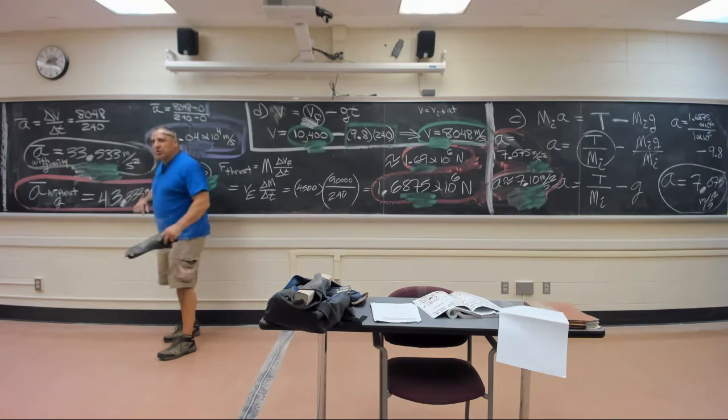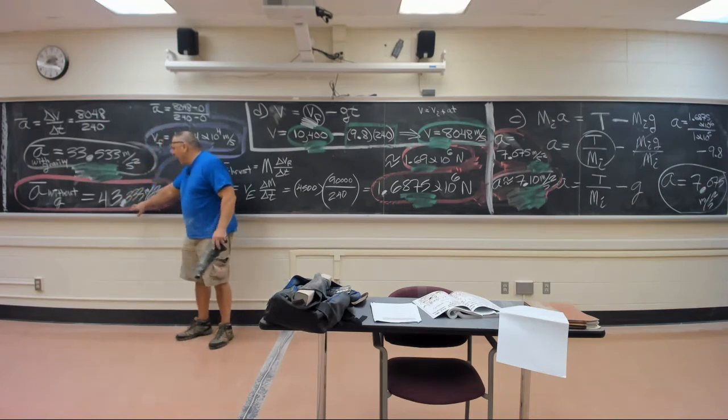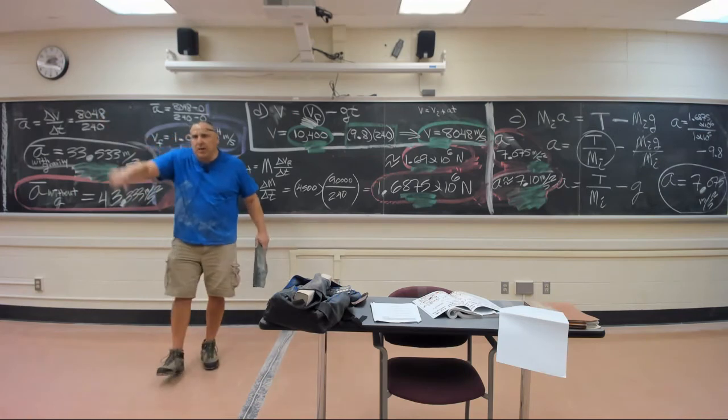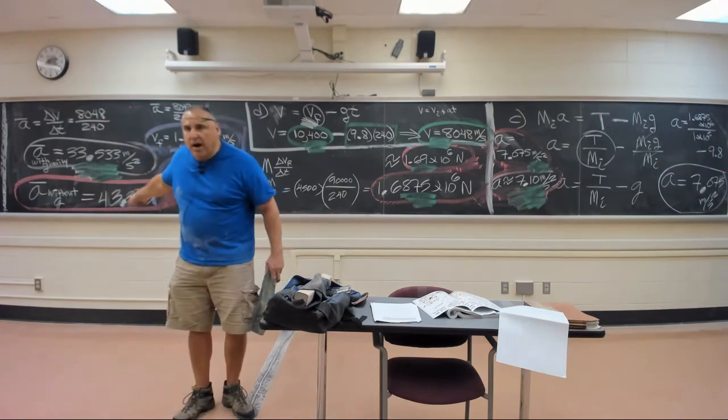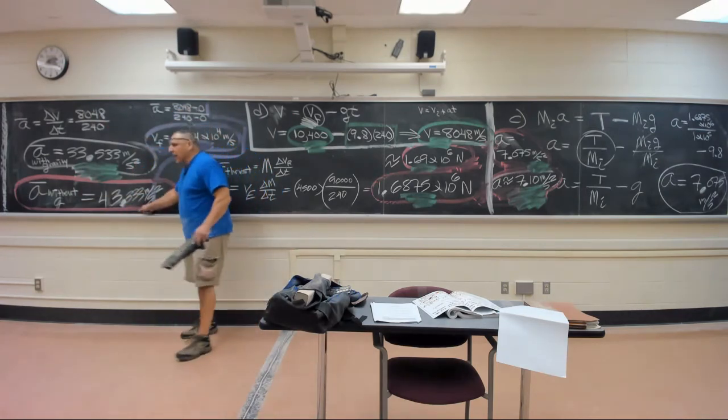The average associated with no gravity accounted for is 43.33 meters per second squared. That is the average acceleration throughout. There are high accelerations, a lot higher than this, and low accelerations, which is